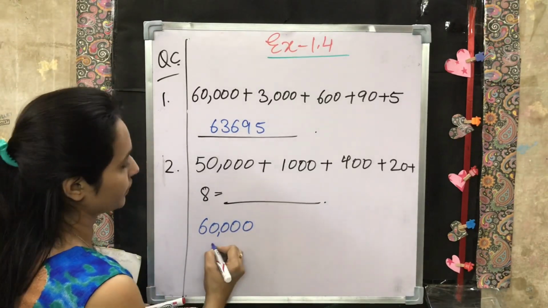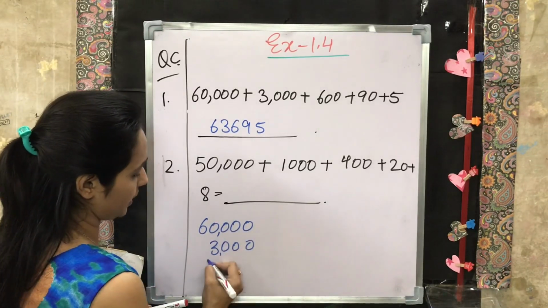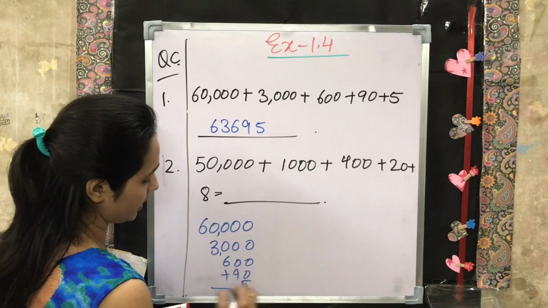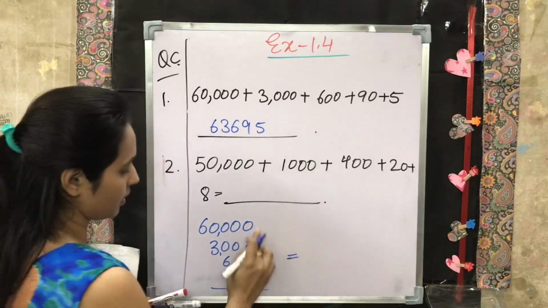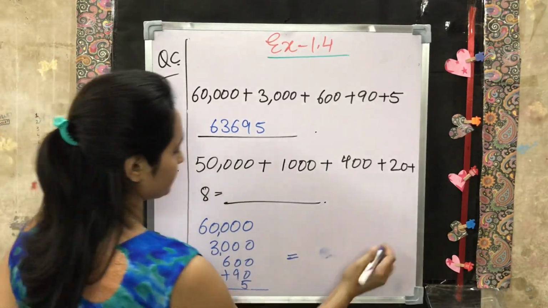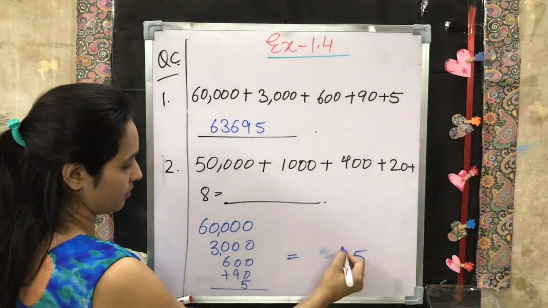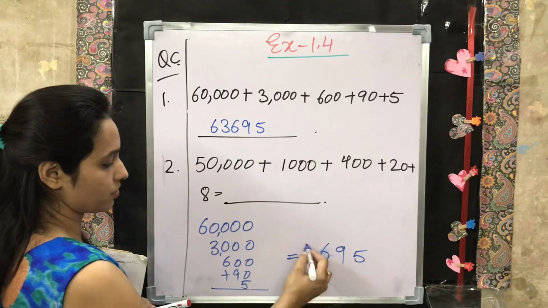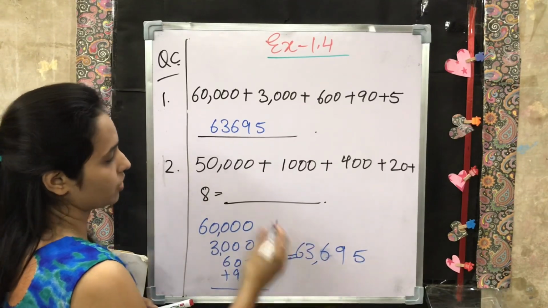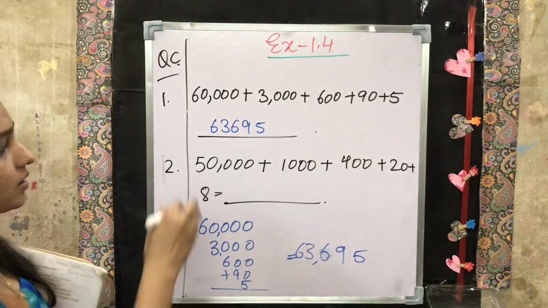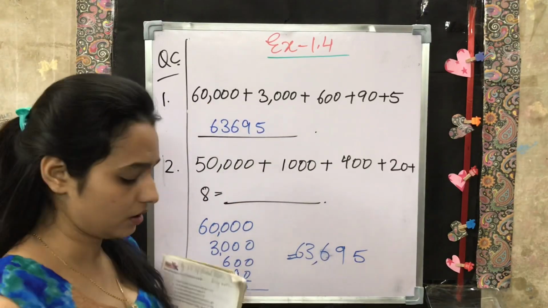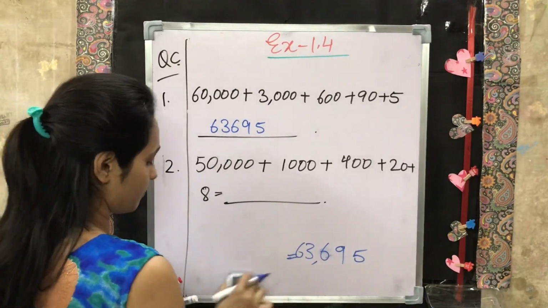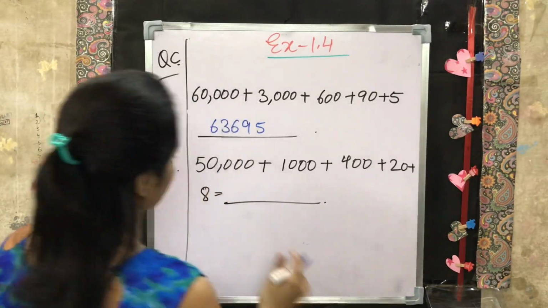I can show you here. You write these digits here. After that you can add these digits. So what will we get on adding? Here there is only 5, that is 5. There 9. 0 plus 0 plus 6, 6. 0 plus 3, 3, 6. So you can get the same number. And this is the shortcut that I used here. It just happens in the mind. It takes only a few seconds to solve this.